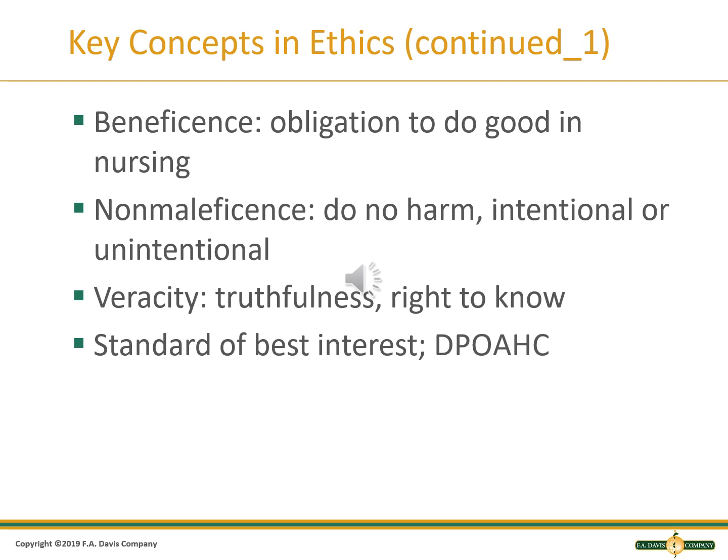Durable power of attorney for health care. This is when a person is legally designated to make healthcare decisions for an individual who is no longer able to make decisions for himself. So this is a type of advanced directive, a durable power of attorney for healthcare. So there is another durable power of attorney for finance, but you have to be sure that it says healthcare, because just because someone has durable power of attorney for finance is not the same as for healthcare. So a person that has power of attorney for finance cannot make healthcare decisions.